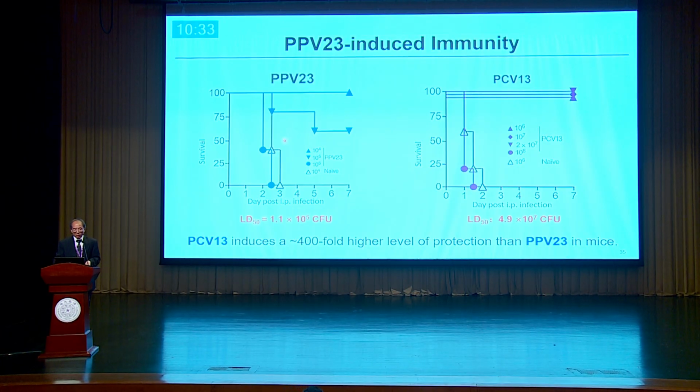Okay, so we did a similar experiment in mice. To make a long story short, this polysaccharide vaccine has a certain level of protection, but the protection level is way lower than the conjugate vaccine. It's about 400-fold lower than the conjugate vaccine. Okay, so I think this is the first time that there's a study directly comparing the conjugate versus the unconjugated